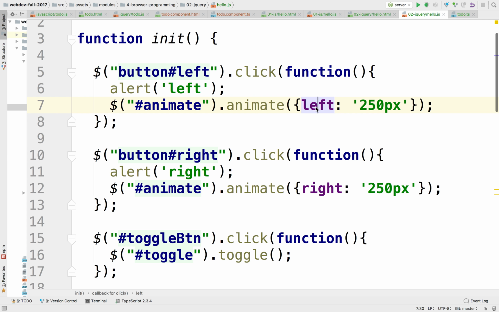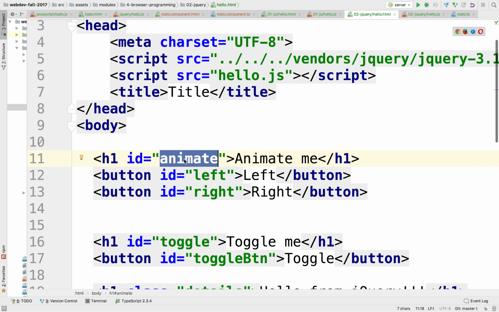You can give it any set of attributes, like left, right, top, bottom, the color. It'll interpolate between different colors, the beginning color and the ending color. And you can tell it the speed that you want, how many seconds it has to take to go from one to another. And you can also chain them, right? So that first it'll do one, then it'll do another one. So it's pretty cool if it had worked. Did I spell animate right? No, it looks like it's right. All right, let's keep going.